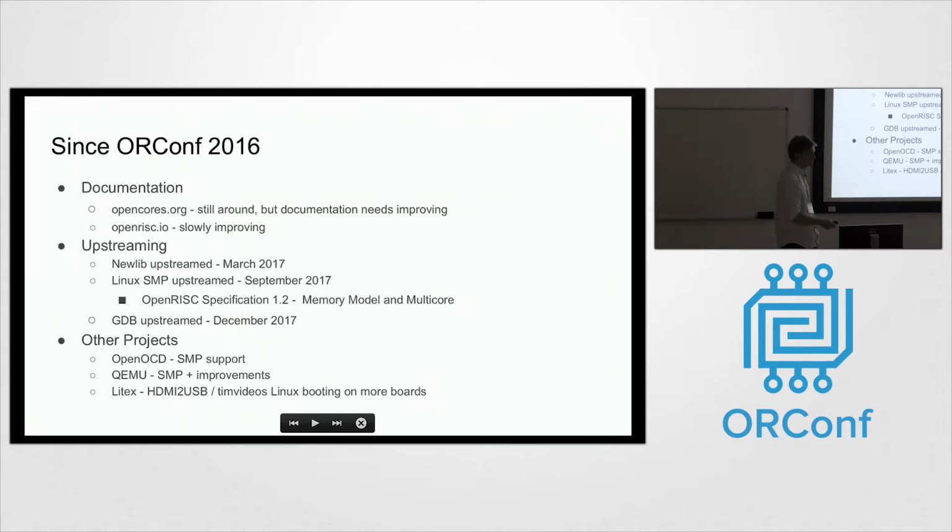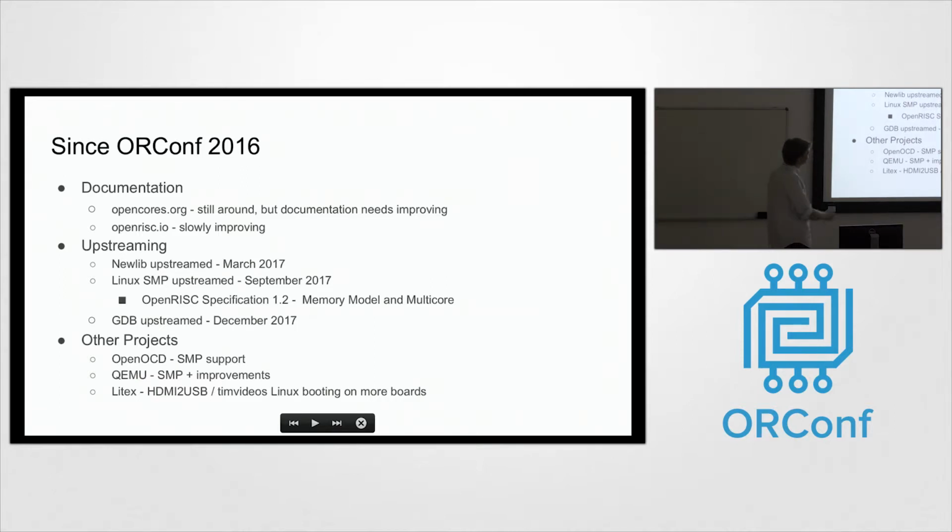Same with Linux. It used to be that we had hundreds of patches in our repo for an old version of Linux. We didn't have a Linux maintainer because that guy kind of abandoned us and he wouldn't help us out anymore. So I'm now the Linux maintainer, and we've upstreamed all the patches. So if you want to use Linux, just go to the main repo and download that, and that will boot on any OpenRISC core pretty much. And it has SMP support. I think the only thing I didn't upstream was a USB driver because I couldn't test it. But if anybody wants to do that, then feel free.